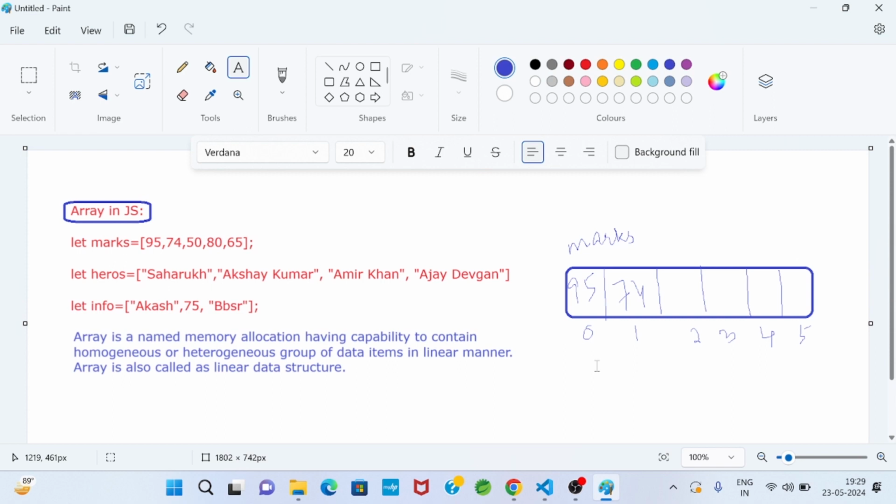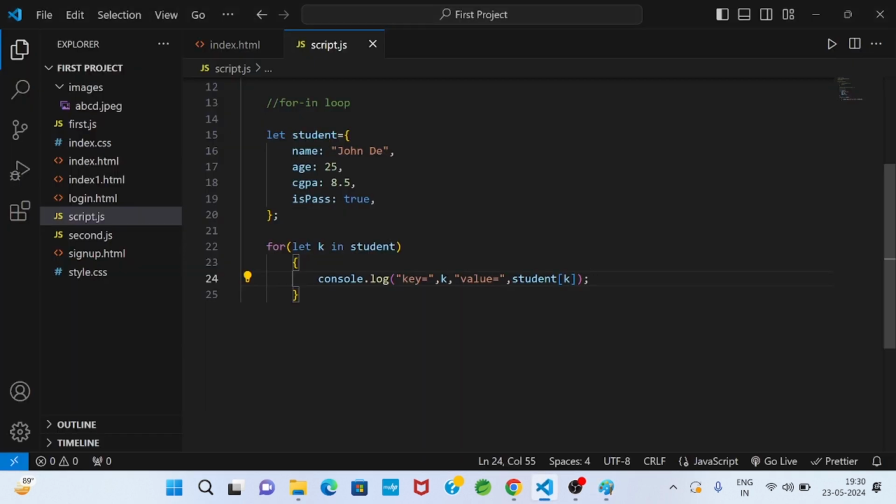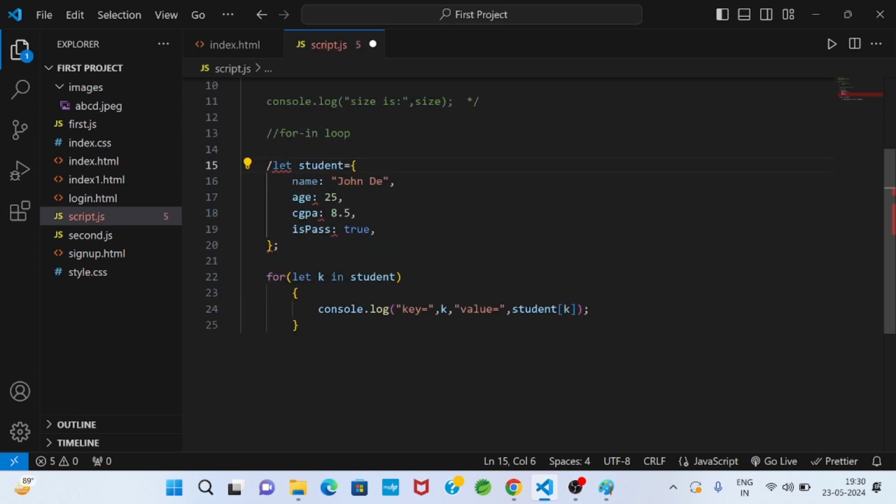When I declare an array, internally a memory is allocated. The memory name is the array name, containing a group of data items. That group of data items may be homogeneous or heterogeneous. We will see practically how to represent an array.